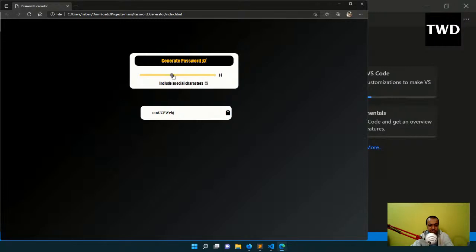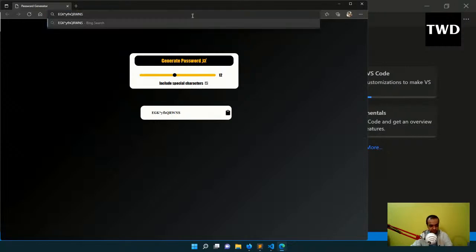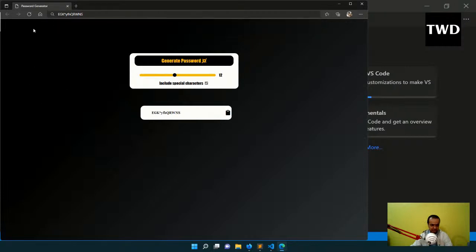Let me do it for 12. The password is generated, and also I can do one thing. I can copy it to the clipboard. It is copied to the clipboard. Let us see whether it is copied to the clipboard. Yes, as you can see, it is copied to the clipboard. Okay, so we will